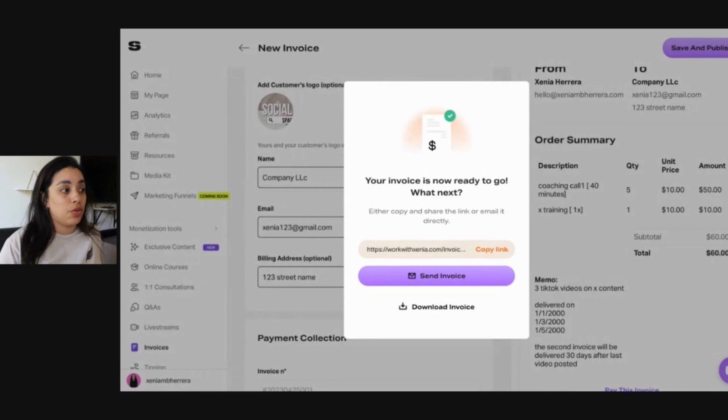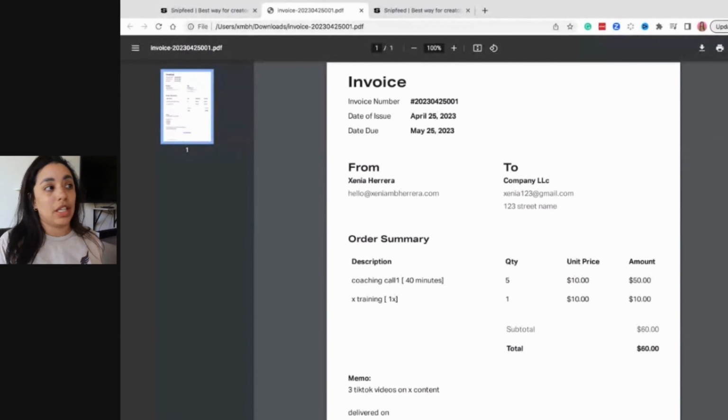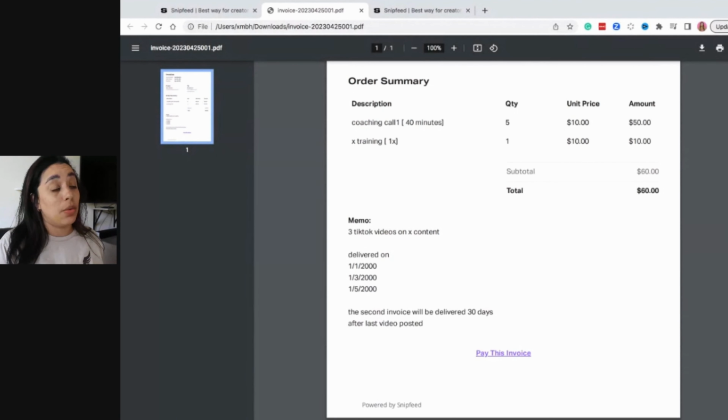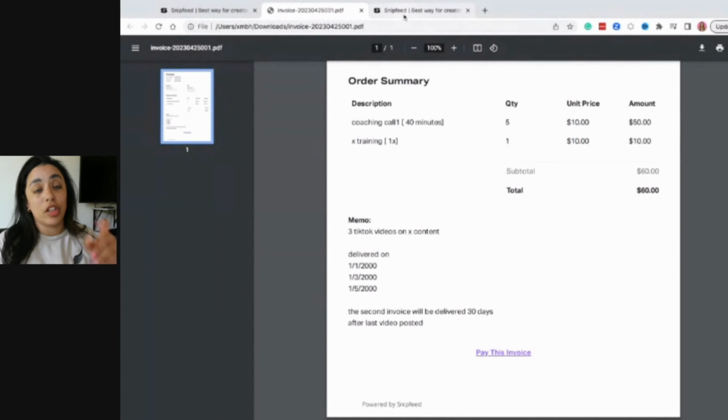The next thing that you can do is email them that invoice. Here's the thing though, pause for a second. Yes, that's great that they have this option, but for me personally, I would make sure that I send a personalized email. Hey Maria, I created the invoice for you. Just kind of go over everything and then send them that email. The third option is to download the PDF, and it's going to look something like this. So honestly, I would download this, send this to them,